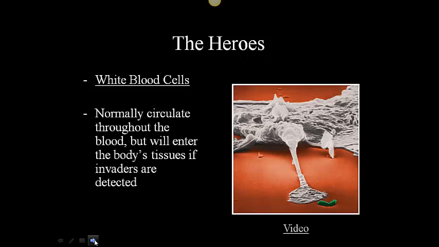Alright, if we're going to have villains in our story, we also need to have some heroes. Now, there are lots of different ways that your body keeps out and kills invading cells, but the one we're going to focus on is the white blood cells, or the WBCs I might refer to throughout the presentation. They will normally be in your blood, right? Your white blood cells will be in your bloodstream mixed in with the red blood cells and some other things. But if a body's tissues are infected, let's say you get an infection in your stomach tissue, they will go from the blood into the tissue to take care of those invaders.